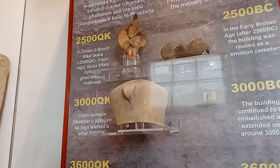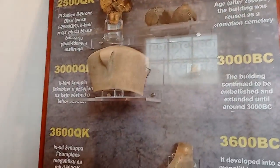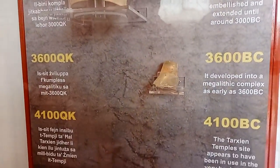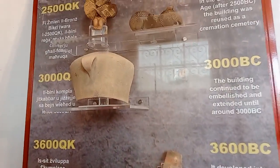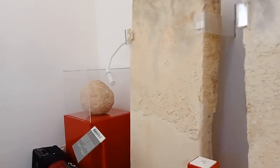These are some things that they found in here. And these rocks are also... They were designed. Look how they were designed. They were designed a few thousand years ago. This rock has those, like,